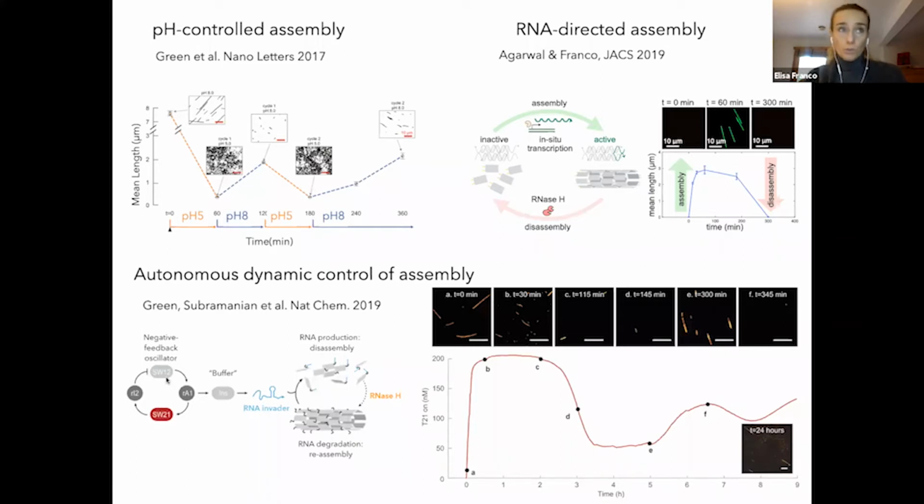There's no protein translation. And this oscillator has been characterized in a series of papers prior to this work. Now you can use some of the outputs of the oscillator to direct assembly and disassembly of the tiles. And this was an extremely challenging project. This would be a whole talk just by itself to describe how we did this and what the challenges were